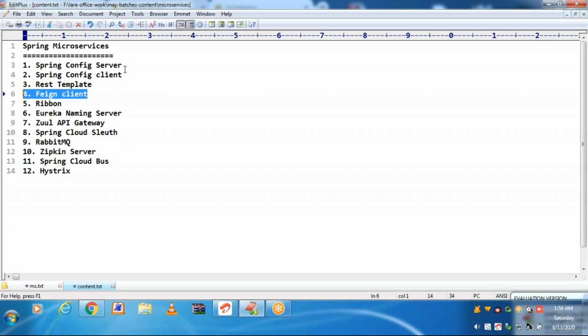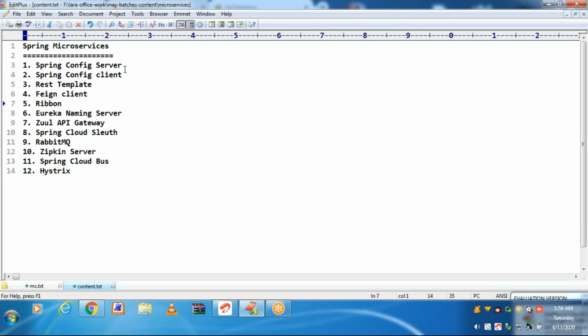Through proxy, we can make a call to the target microservice very easily. Nowadays, nobody is using REST template, but you should know the process of that also. Feign client only is more advisable while making a call from one microservice to another microservice.